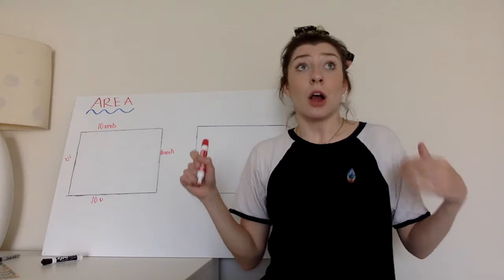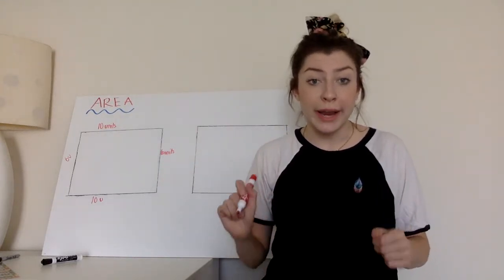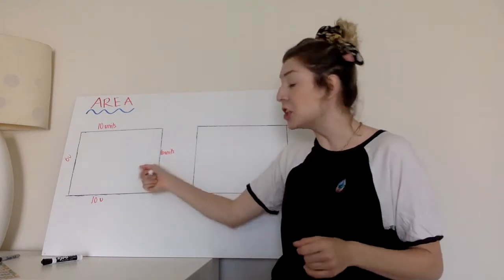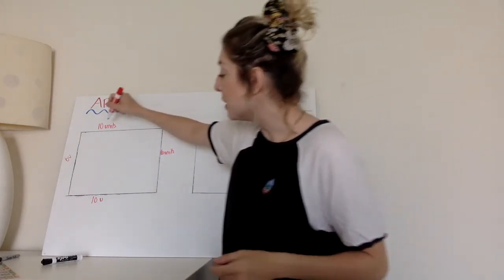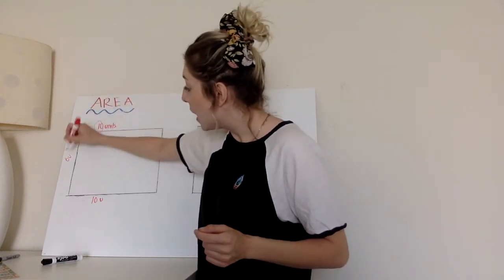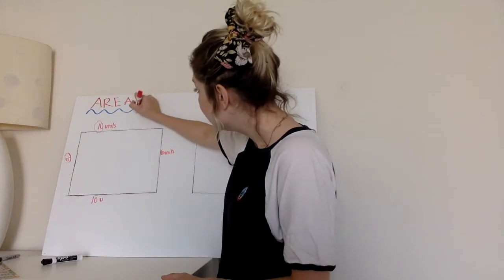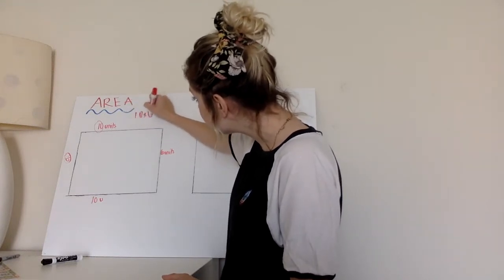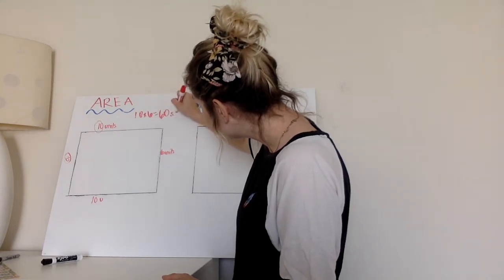And what we already talked about is when we are solving for area, we treat this shape like an array where we multiply. We're going to take this 10 and multiply it by this 6 to get our area. 10 times 6 is 60 square